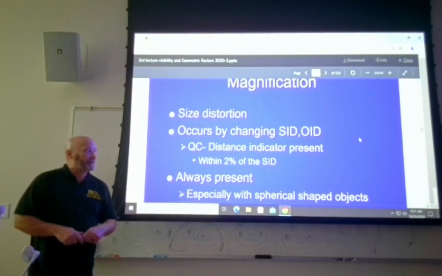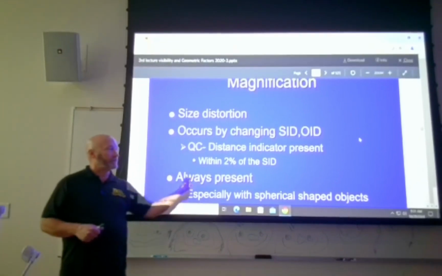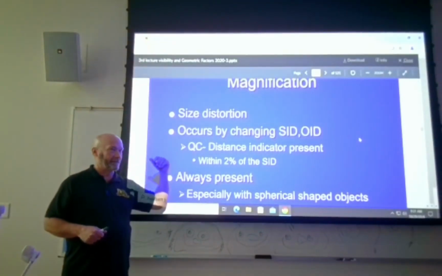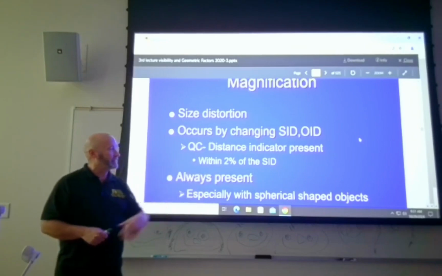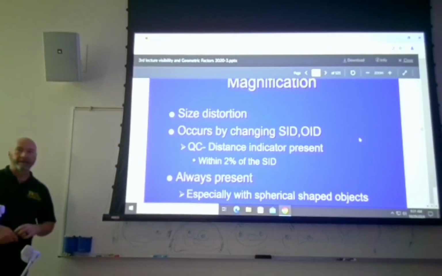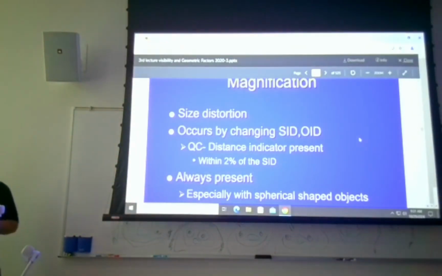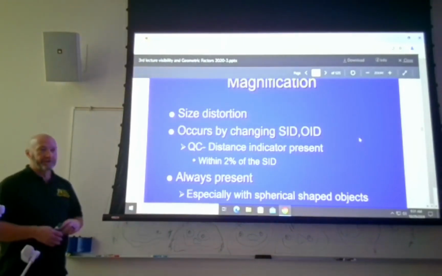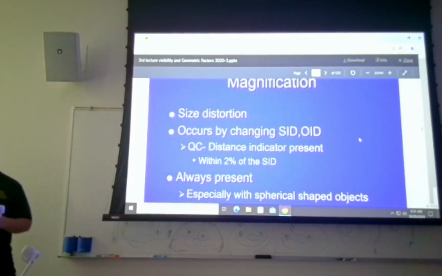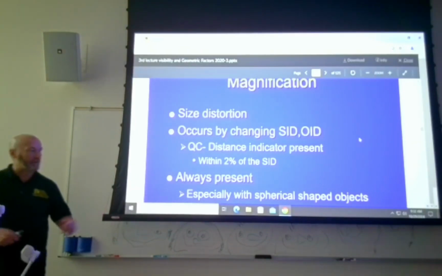So distance indication, the quality control for the distance indicator is it has to be within 2 inches of the SID, or 2% of the SID rather. So at 40 inches, it'll be 0.8, right? At 72 inches, it'll be 1.4. So it's got to always be present,